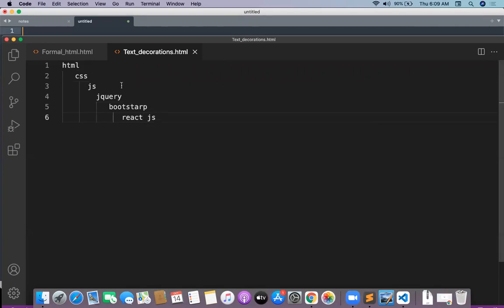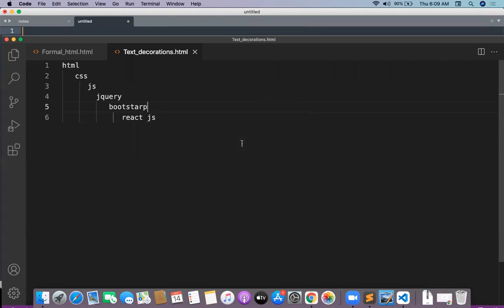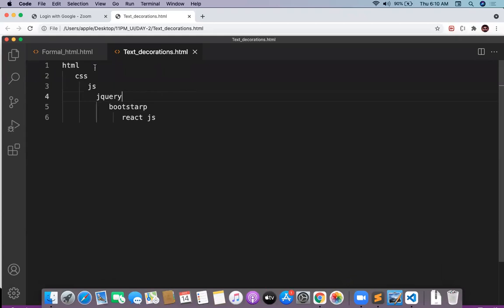Whenever I'm rendering this code into the browser, this code is basically on a single line, and I don't want a single line. I want to keep my lines as they are. I need to keep my spaces as they are.